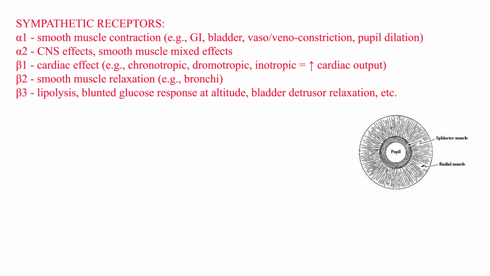The alpha-2 receptors are really interesting. It's kind of complicated, and I'm not going to make you guys know this for the exam, but alpha-2 receptors are primarily involved in central nervous system mixed effects, I'm going to call it. So, for example, if you have a drug that activates alpha-2 receptors like dexmedetomidine, it has these unusual